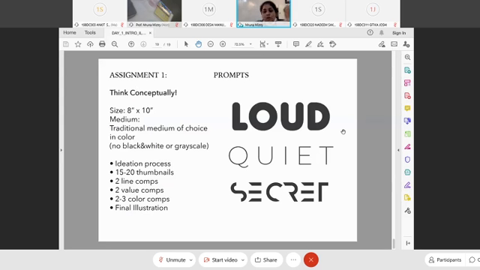Now I said I want you to think conceptually. So do not go the way, or try not to go the way, that your previous batchmates did. When we say loud, I do not want you literally drawing a screaming person. Or if you do that, put in a conceptual twist to it. You should put a second beat to it, a second meaning attached. Same thing for quiet and secret. So what I did for this was,